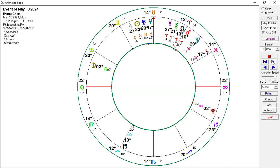Again, no planets changing signs or anything. But here on Monday is when Mercury finally starts to get out of old territory. So whatever we were doing, like on April 1st, we get to pick that back up again. It's like we had to take a detour because Mercury went retrograde, and now it's going to be back